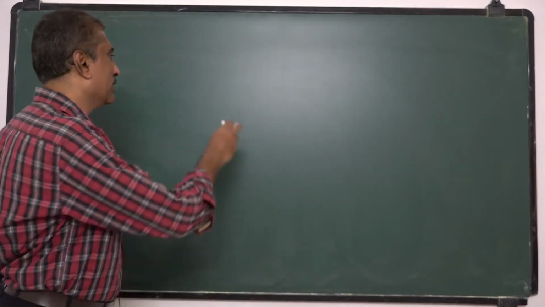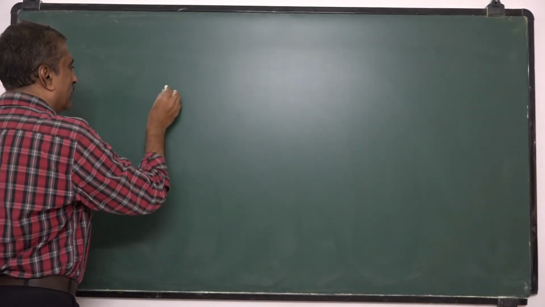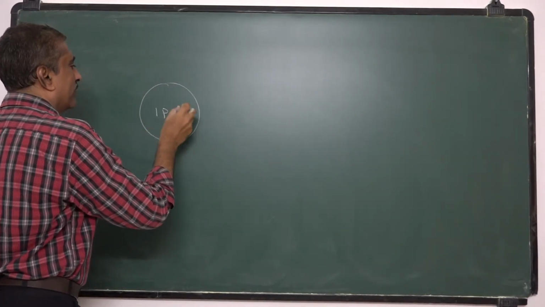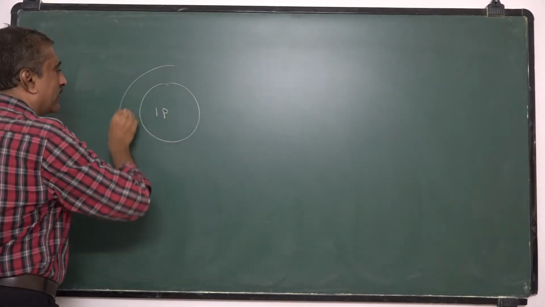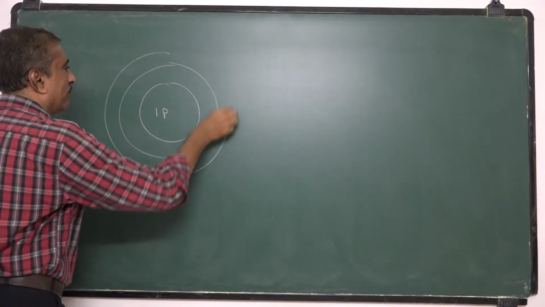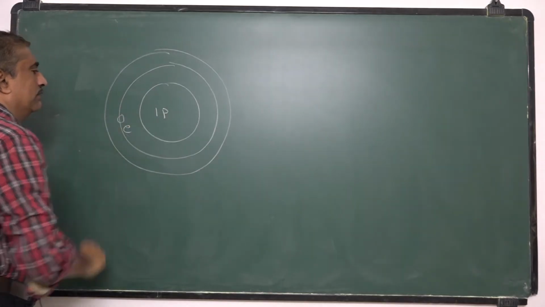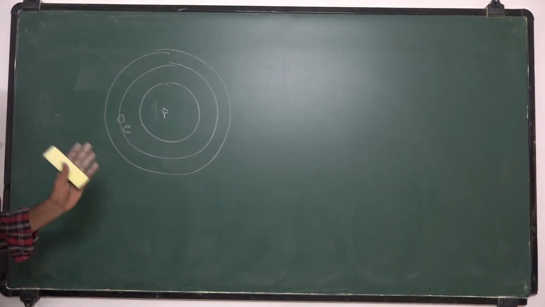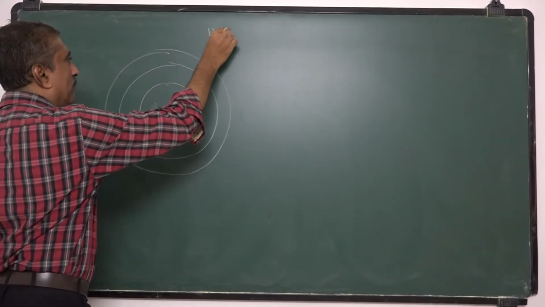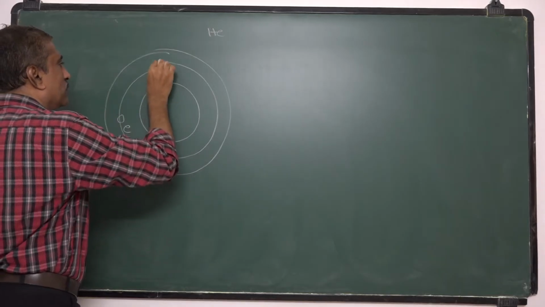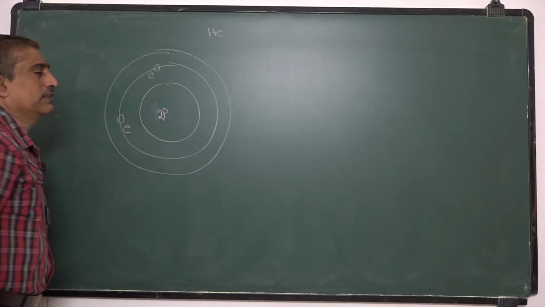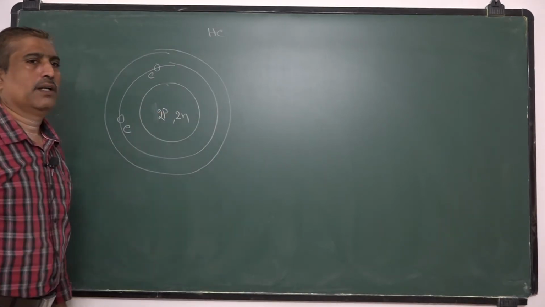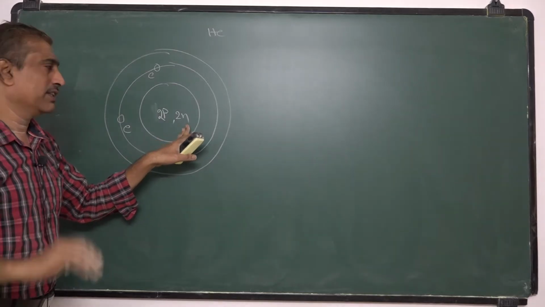That means in the hydrogen atom, what we have considered is this is the nucleus and this is one proton here and there is no neutron, and the electron orbits like this. So one electron and one proton inside the nucleus. Suppose we consider helium atom, that means helium atom has two electrons and two protons inside the nucleus and two neutrons also. But here they are electrically neutral, so we can ignore the neutrons.